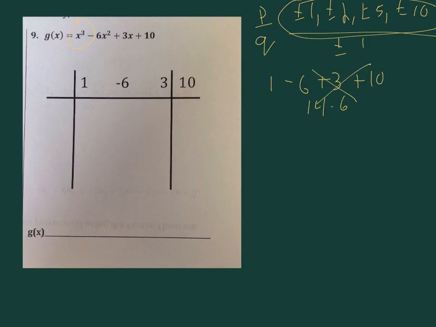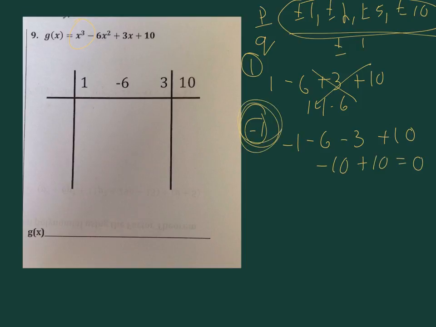All right, so let's try a -1. So this was trying 1. So if I try -1, I would have -1 cubed, which is -1. And then -6 times -1 squared, so that would give me a -6. Plus 3 times a -1, so that'd be minus 3, and then we have plus 10. So now I have -1 and -6, which is a -7, minus 3, which is a -10, plus 10 gives me 0. So I know that -1 is a solution to this,